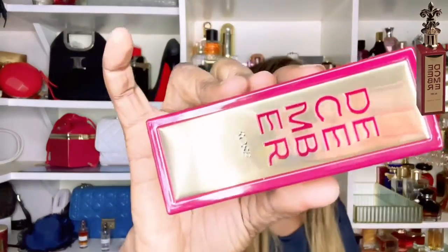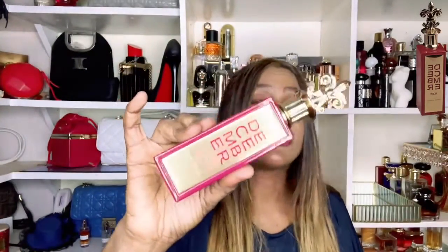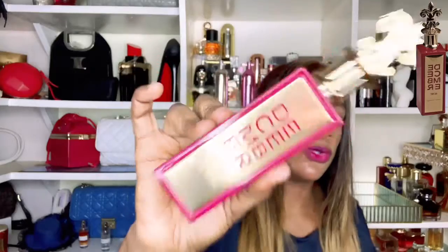So there's one or two things here. First of all, it could be Paris Corner's own twist, putting more emphasis on the rose. Secondly, it could be Paris Corner's exact 1 on 1 clone that needs to sit a little in my collection. So I'm going to put it out there that these are my to-the-camera first impressions. I'm going to come back with this fragrance side by side with Fenty after, let's just give it maybe 2 weeks, somewhere thereabout,